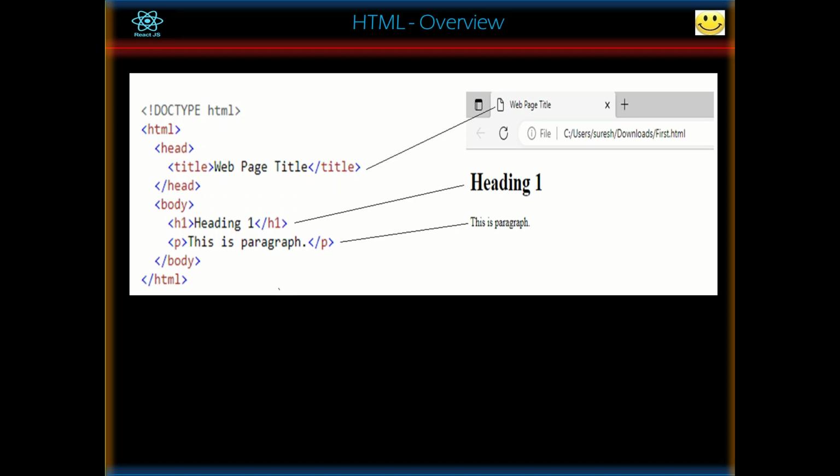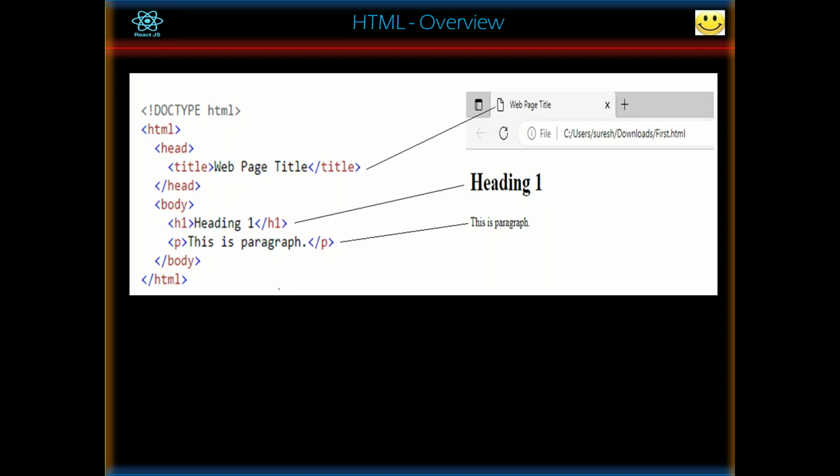Inside the body tag, you are able to see there are two tags, h1 tag, the other one is p tag, that is paragraph tag. So h1 tag is having the text heading 1. The p tag, that is paragraph tag, is having this is a paragraph. So each tag is having opening as well as the closing tag. The closing tag always will have a forward slash before the tag name. You are able to see the closing tag of HTML, closing tag of title, closing tag of h1, closing tag of